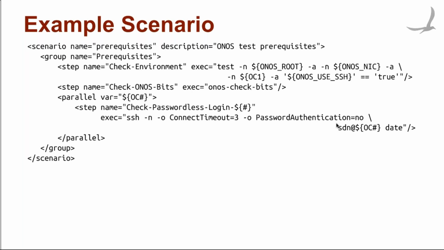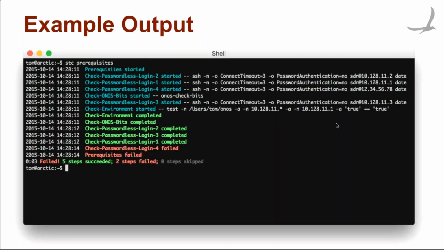Notice that here we're just invoking a simple SSH command, which will do an efficient timeout. So basically it gives a thumbs up, thumbs down. You see an example of what it looks like, how it runs. And if you look at the timestamps, you can see that all of these things are launched in parallel. The cyan messages are start messages, the green or red are completion messages, green